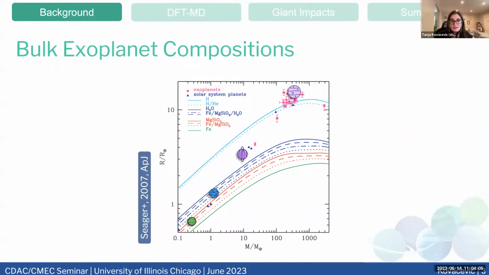In 2007, Sara Seager, and Burkhard was also on the paper, made this mass radius plot that some of you might be familiar with. They found that all we needed to characterize the bulk composition of exoplanets were relatively well approximated equations of state for common planetary building blocks. So let me tell you how to read this plot. We have mass on the x-axis, and this is just a log-log plot. If you look at M over M Earth, one corresponds to one Earth mass, then 10 Earth masses. So this was translated to make it easy to read.